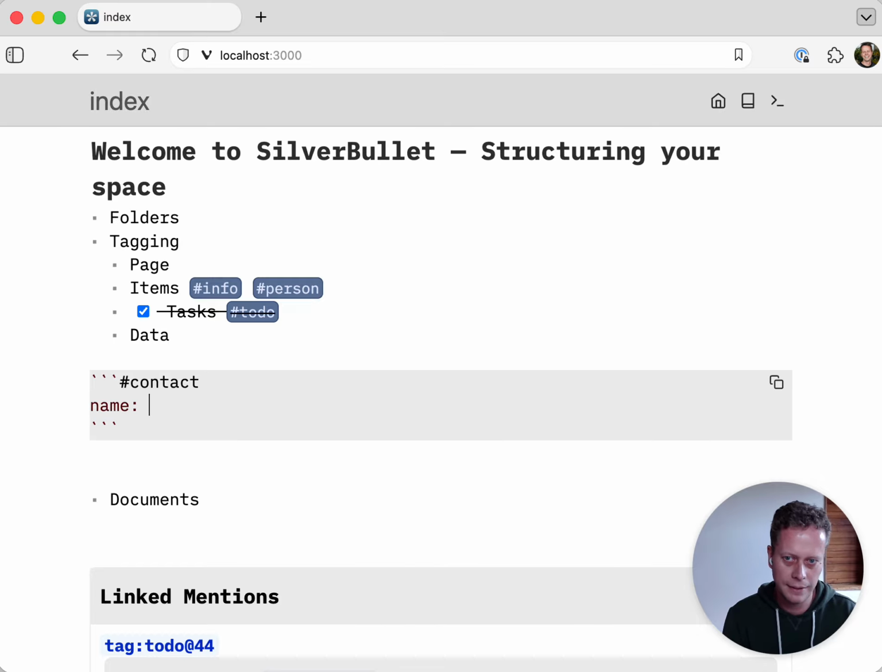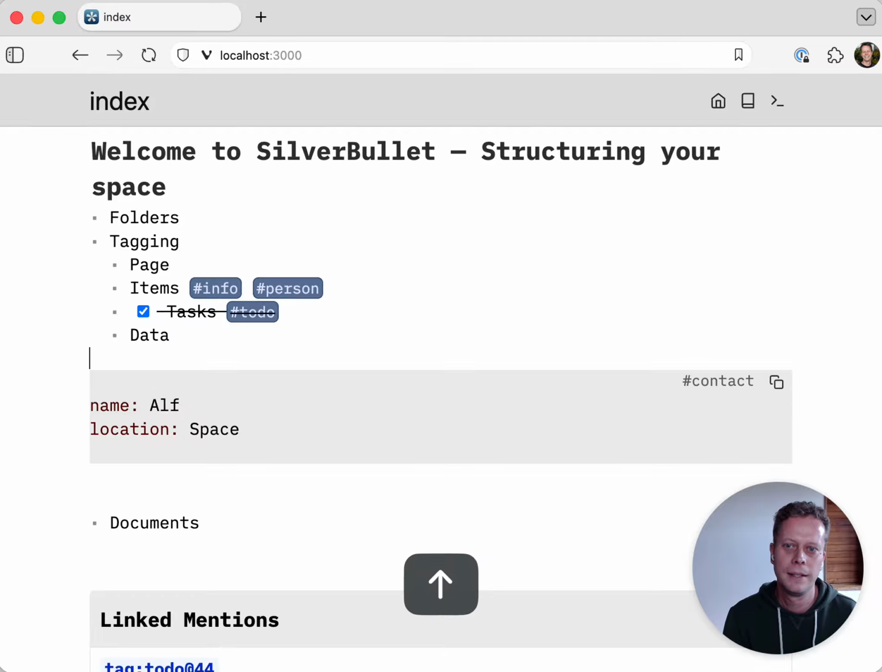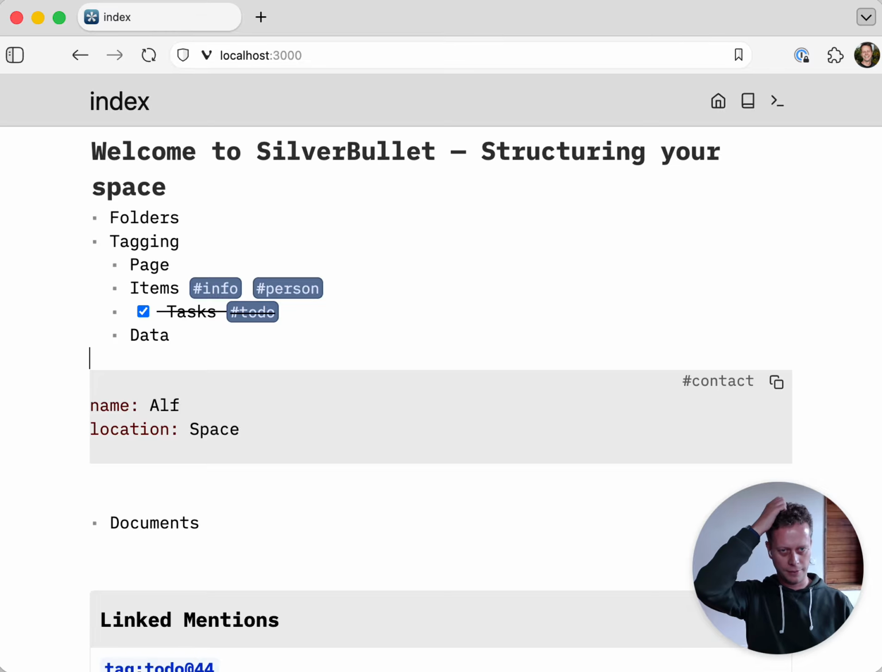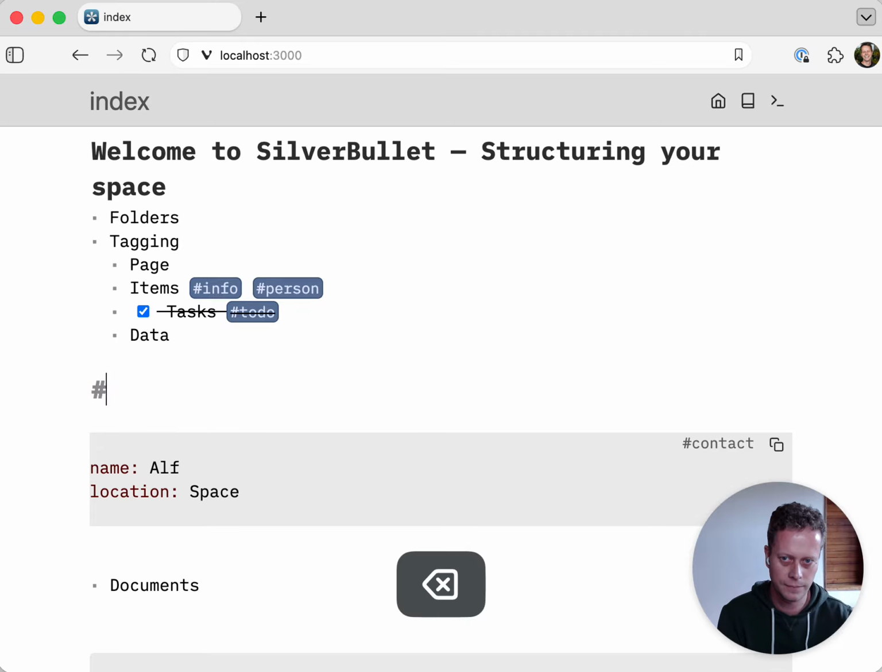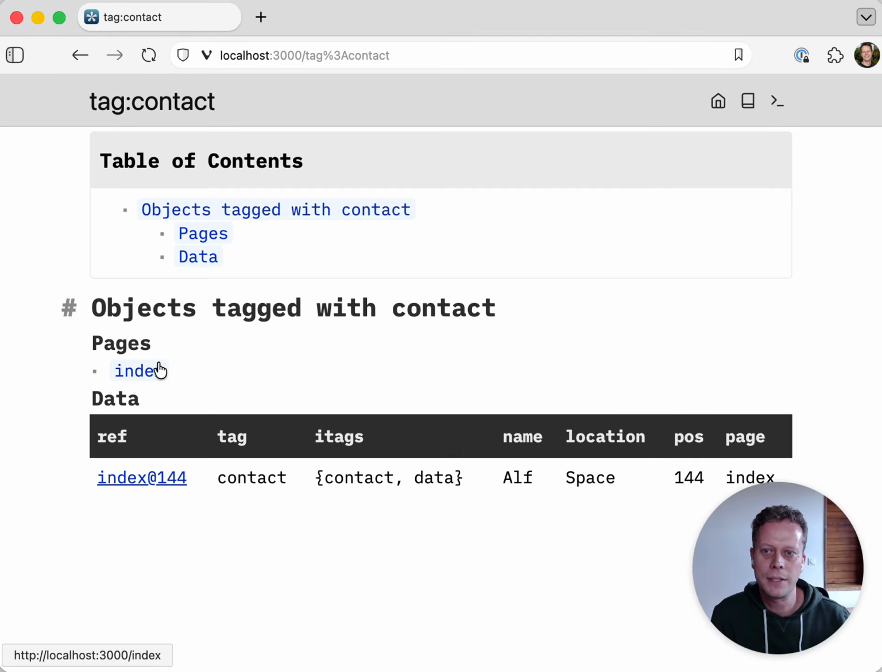So here we say alf, location space, or whatever. And now what we effectively did, it just looks like a regular YAML data block here. But when we actually navigate to the contact tag, which I'll just, for convenience, add here, we will see that in addition to the page I just tagged, there's also a data section now,